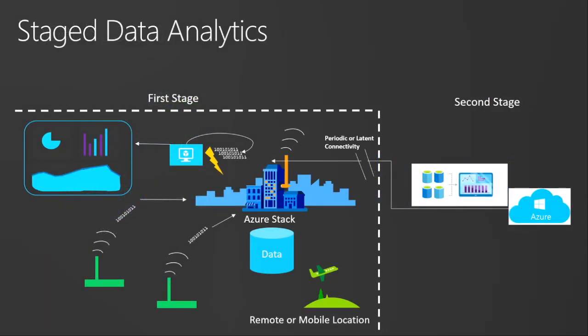The stage data analytics is similar to the one I described for the cruise line. They do part of the data analysis on-prem, and then they send only the aggregated data to the public cloud. That saves, for example, bandwidth. It allows you to do some real-time computation while you're on-prem, and then you can do the hyperscale aggregation on the public cloud. In that case, it was fleet optimization.